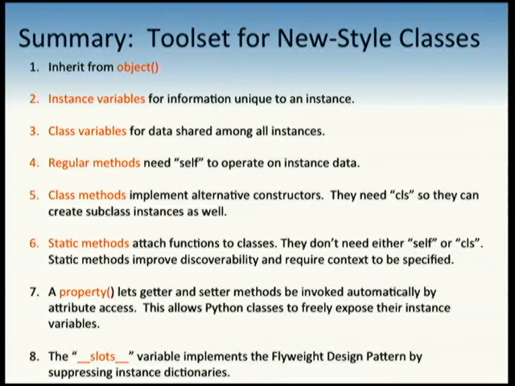They need the class. Why do they need it? So that you can create subclasses like Tire as well. Make sure you use cls whenever you make a class method. Static methods, you can tell a static method because it doesn't need either self or a class. Its primary purpose is to attach functions inside a class so that they become findable and so they get used in a correct context. Property transforms dotted access into method access, and this allows you to freely expose your instance variables. It's a very big deal.